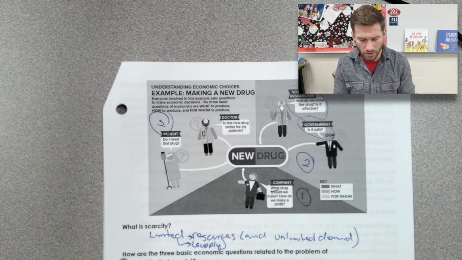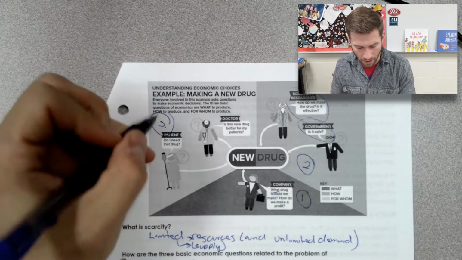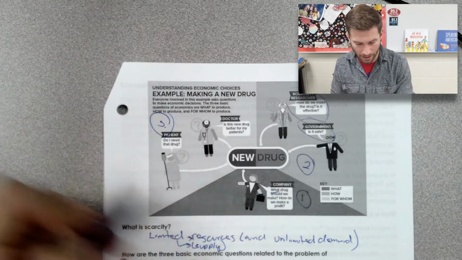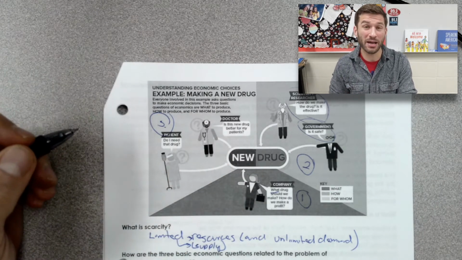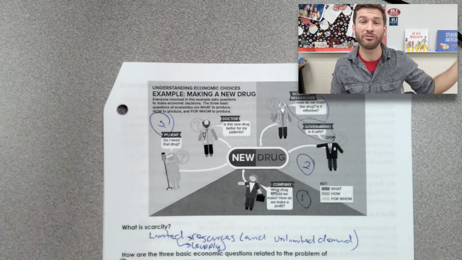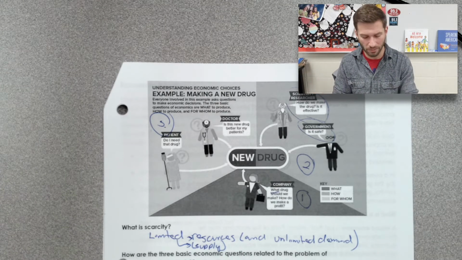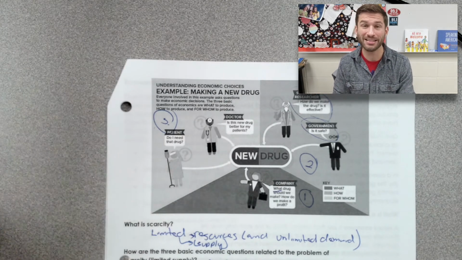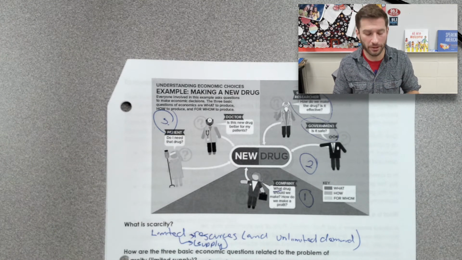And we decide who is going to get it. And although it's not indicated on this as well, another factor in this scenario in terms of who is going to get it is, in the case of the United States, the ability to pay. We might say, well, there is a treatment available. There are pharmaceuticals or vaccines or drugs or treatments available to you, Mr. Patient. The doctor is saying this. And then the patient says, that's great, but I can't afford it or my insurance won't cover it.